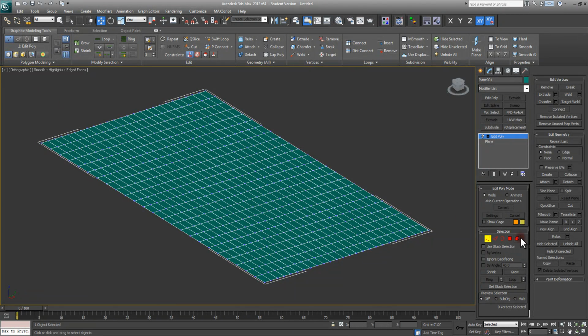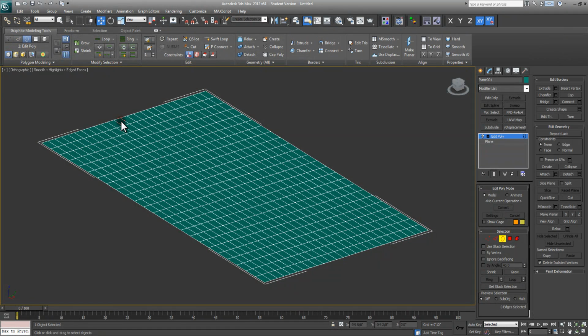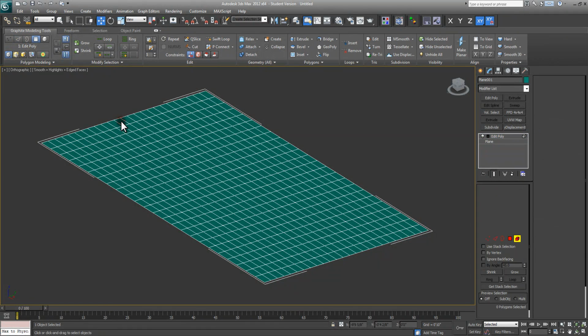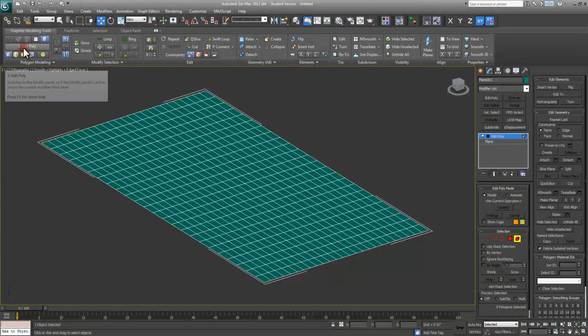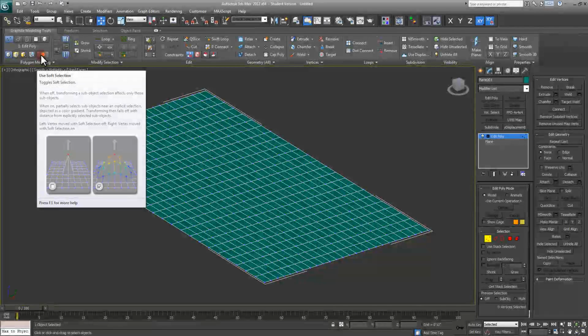You can access them here in the modify panel, you can access them here in the Graphite Modeling tools, or you can just use your keyboard toggle by hitting 2 for edge, 3 for border, 4 for polygon, 5 for element, and it just goes through that list. We want to be in vertex, and we want to use soft selection, which is this little button right here,